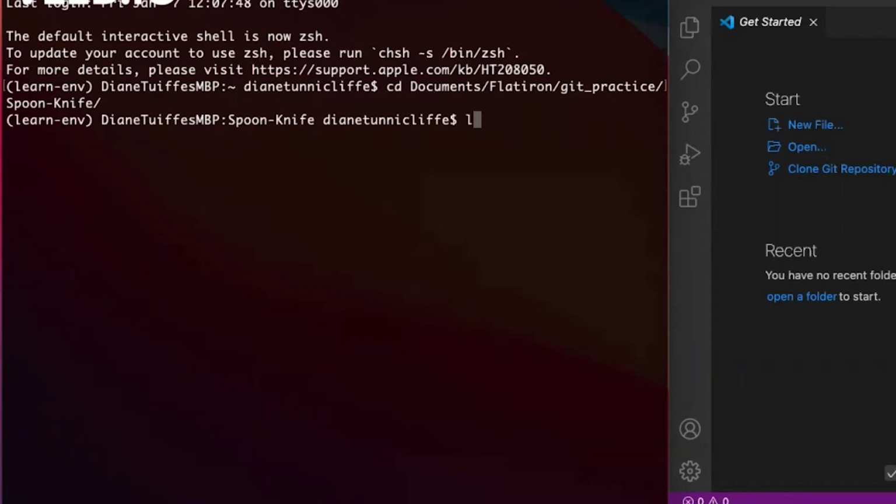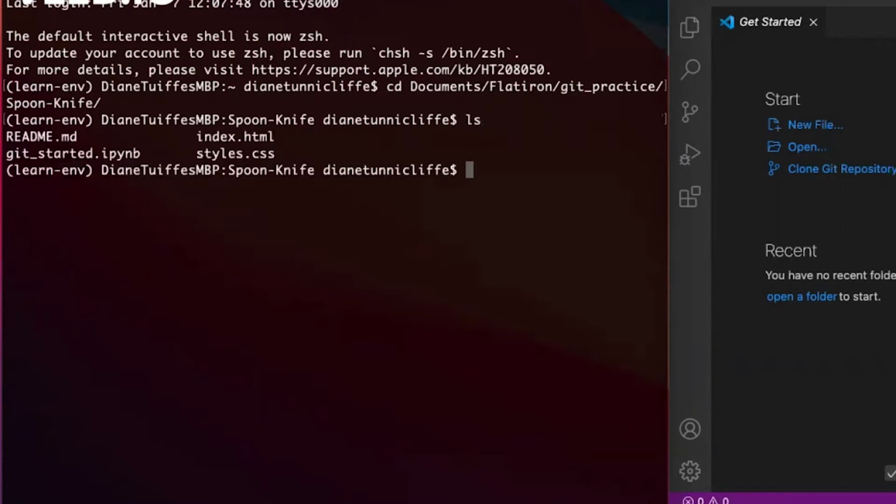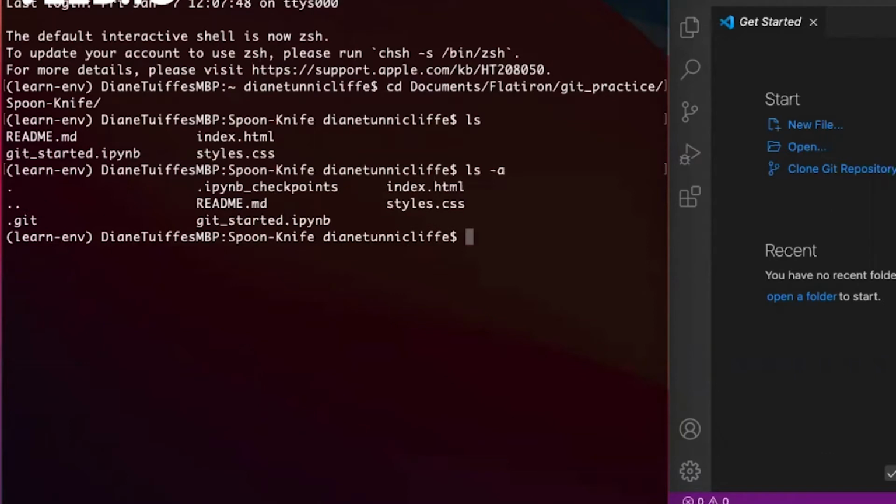if you recall, check out what's in our repo right now. We have our README, our get started, and then the two files that came with the repo, the index.html and the styles.css. Now, if we want to see hidden files, we can do ls -a, and then we can see that our .ipynb_checkpoints is here, but we don't have a .gitignore file. And again, it is best practice to always have a .gitignore file in your repo for files that you want Git to ignore. So the first thing we're going to want to do is